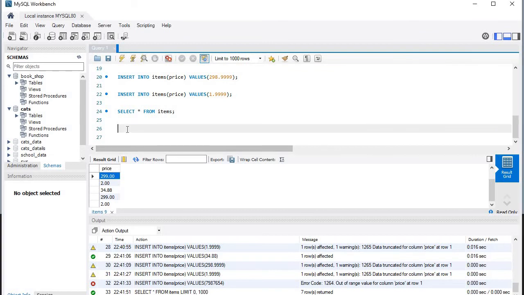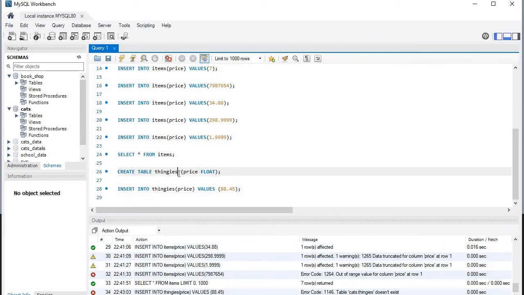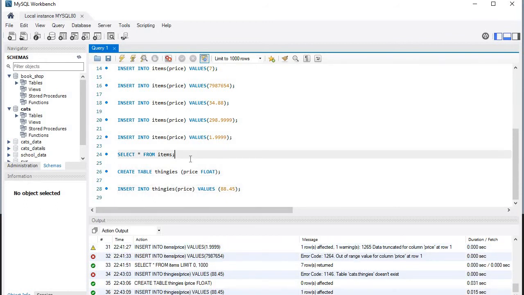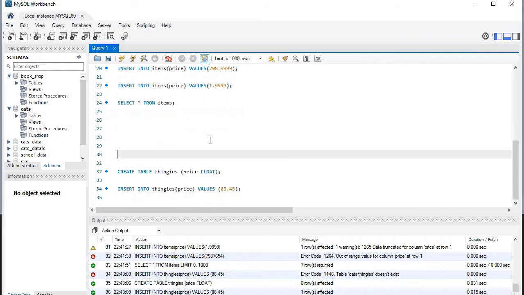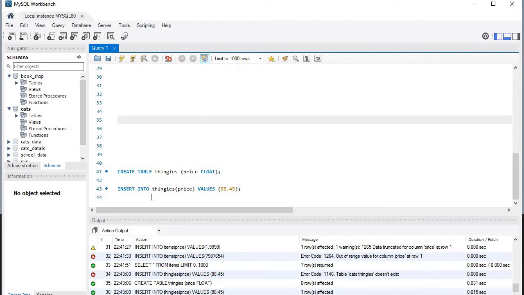And if we want to use float, I will show you like this. If you are using the price, the create table thingies with price float, this is the syntax, and we are inserting the values. Let me create the table. Okay, this is the syntax: create table thingies, price is mentioned as float. And now when I show you the table,